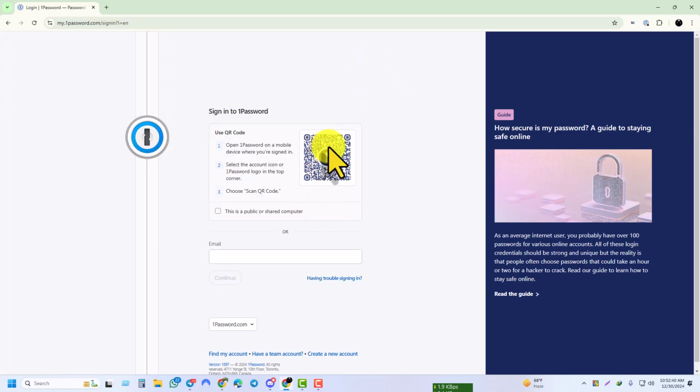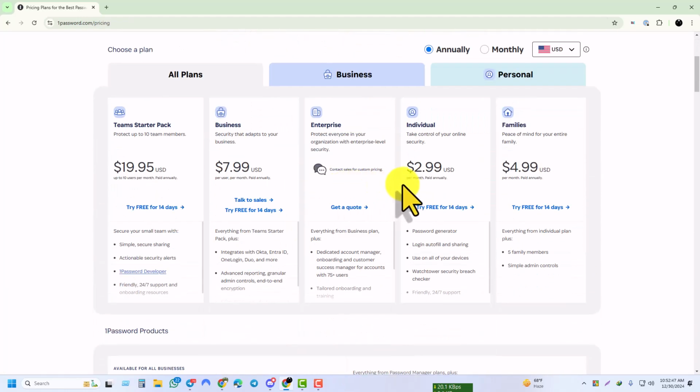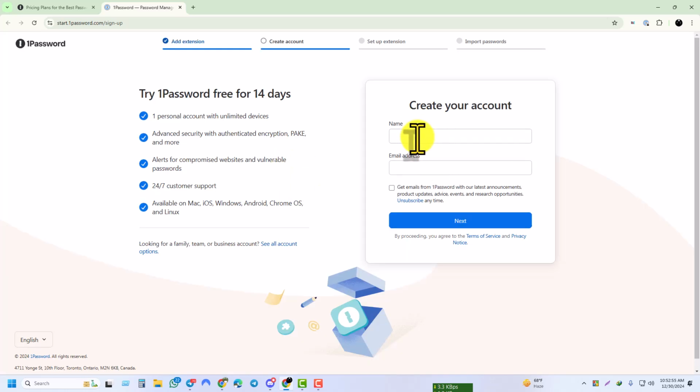After clicking on sign in, click on create a new account, then choose a plan. I am going to choose the individual plan, then type your name and email address. After that click on next,